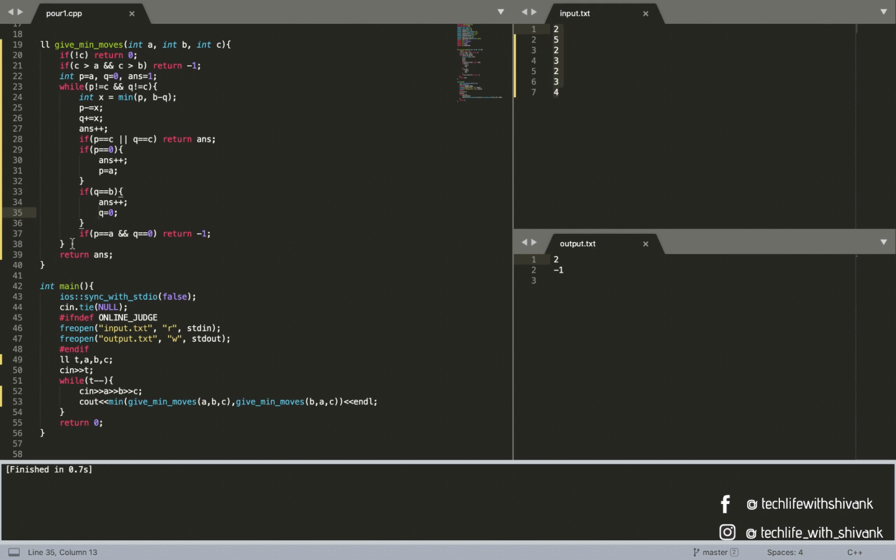And finally, if we again reach the initial state that we started with, that is P equals to A and Q equals to 0, after doing all these operations, it means we are stuck in a cycle and we can't obtain exactly C liters, so we'll simply return -1. Otherwise, if after these changes we get either P equals to C or Q equals to C, we get out of this loop and we return our answer.